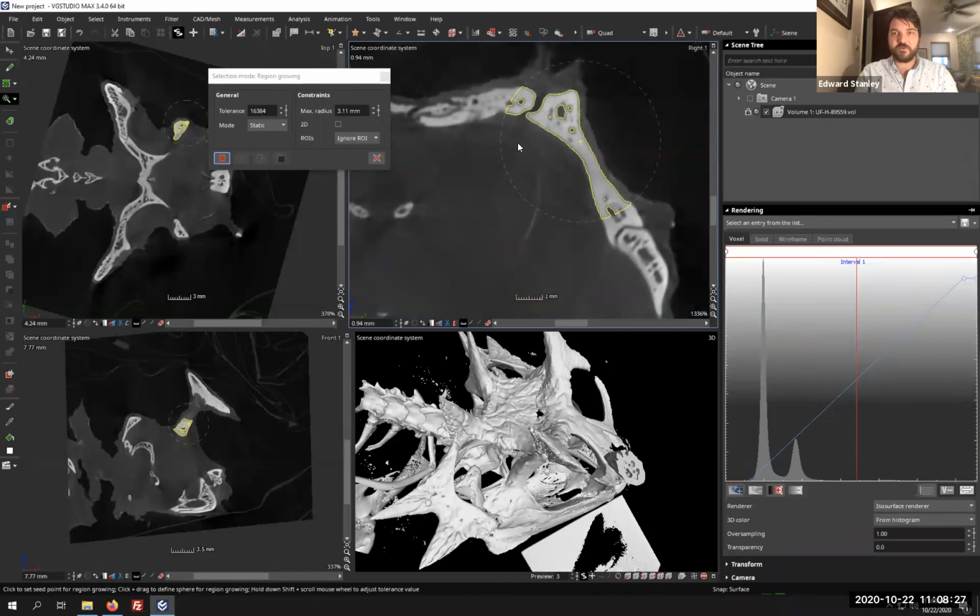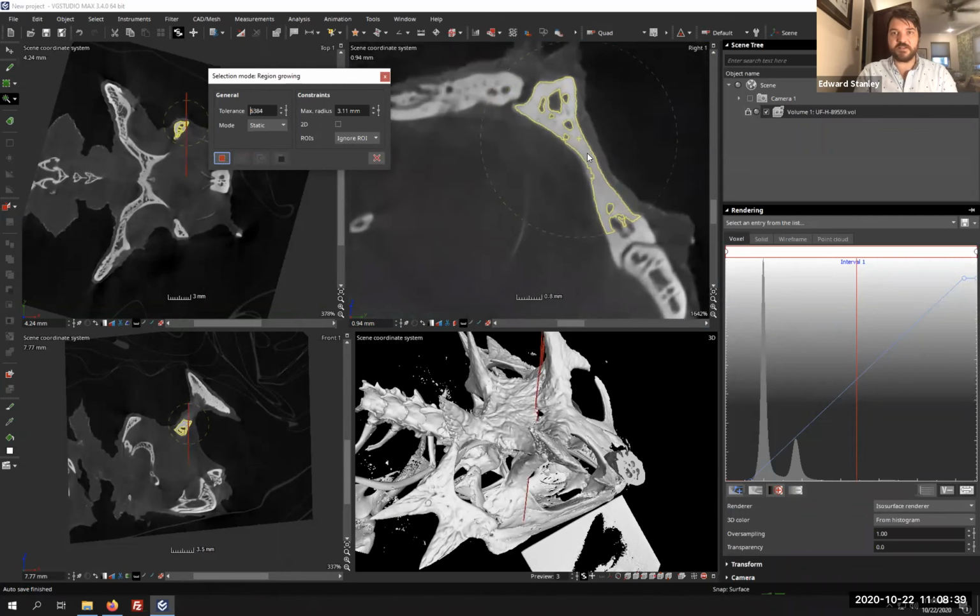If we want to grab less, if we want to be a bit more restrictive in the gray values that we're selecting, we can drop down the tolerance. That's this number here, and you can see that now we've only selected the more similar gray values, the voxels that are connected. And you notice that this area here is within the circle, but has no connection to these structures here that are within that tolerance. So if we increase this tolerance to, let's say,